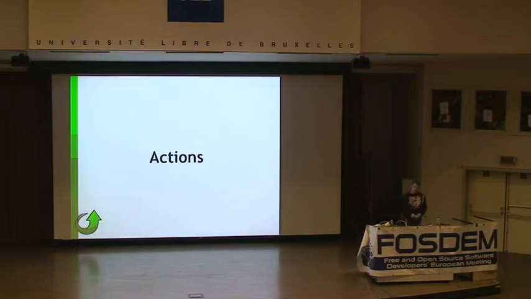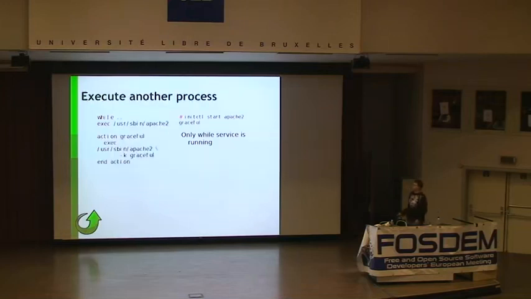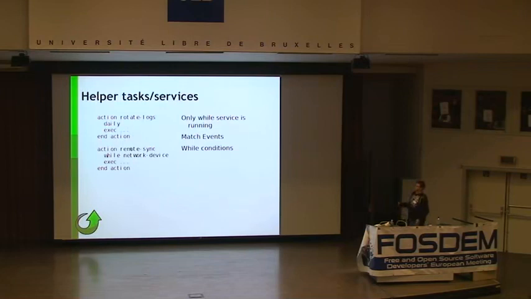Just going to quickly jump through actions here. This is less well-defined. An action would be, for example, you want to be able to support reloading the syslog daemons. So when you go start syslog reload, you want it to send a HUP to the master daemon. You want to be able to execute another process. So you want to be able to do an Apache graceful, which would send Apache -k graceful when you run that. These are defined inside the Apache job file. You might want to have a rotate logs kind of sub-job action, and that's run daily. So you can define cron events inside the same file that defines your service. And you can define, for example, a remote sync subdaemon which runs while there's a network device.